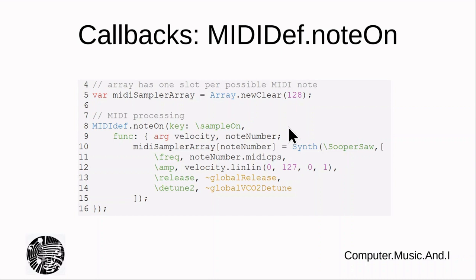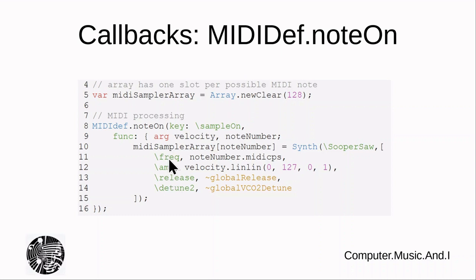We define this array, and within this array we store the generated synth. So it stores synthesizers, and as you can see, the note number is the index. So if I press the middle C, I get a note number of 60. So we take the position in the array of 60, so the MIDI sampler array at position 60 gets a synth, and we are using the synth definition that we've seen, the supersaw, and now we are giving it some parameters,